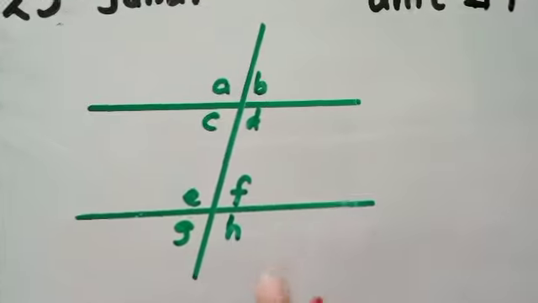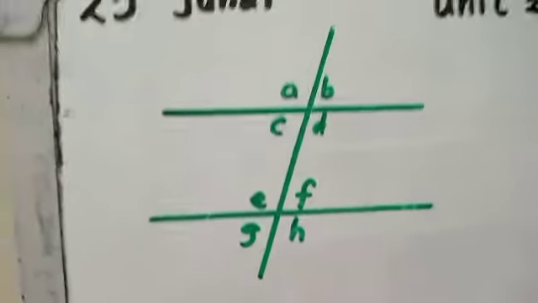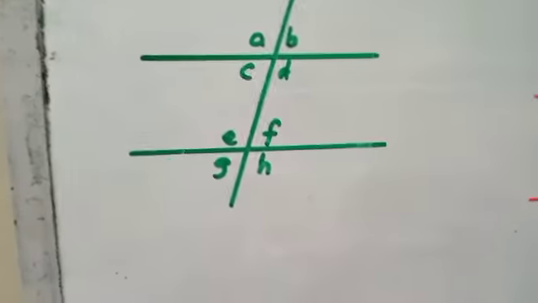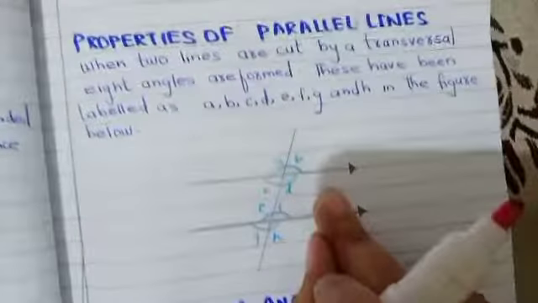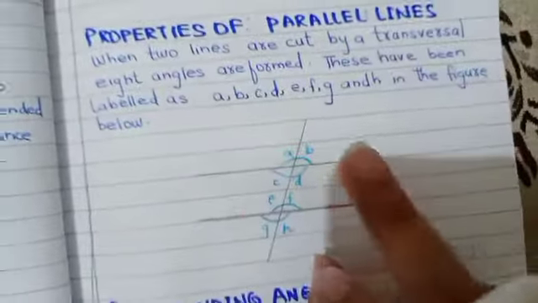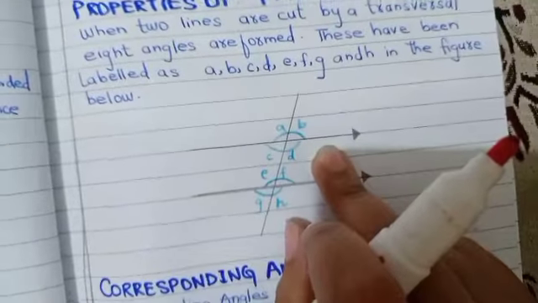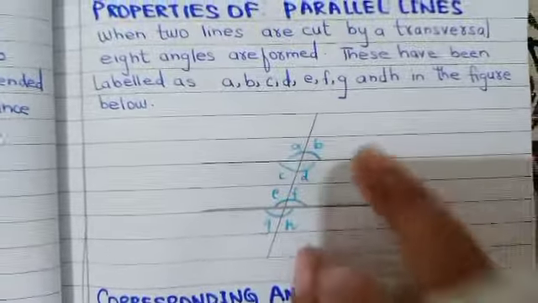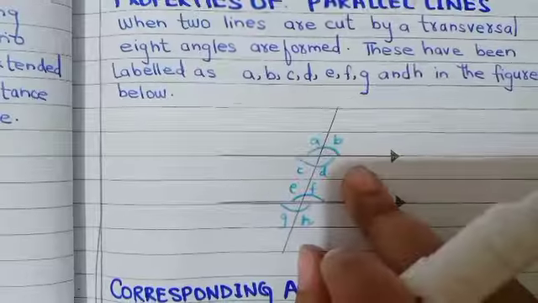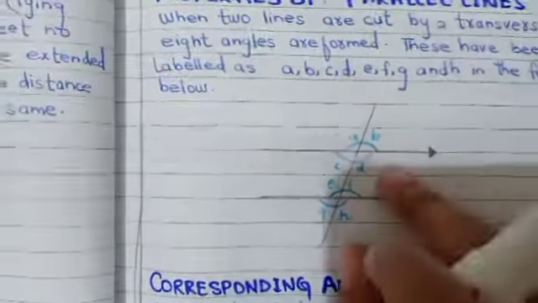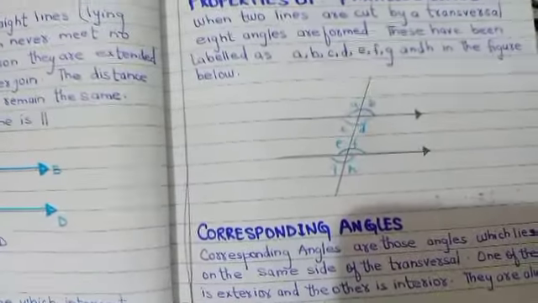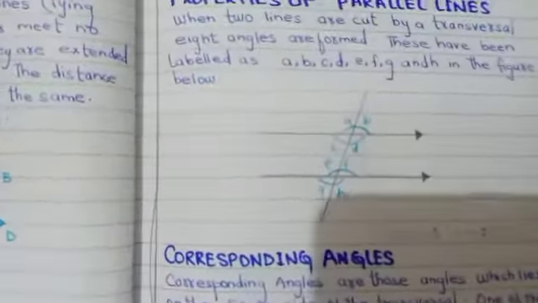This was the original figure. Why am I saying the original figure? Because in the beginning I showed you the properties of parallel lines. I showed you these are the 8 angles that are formed. From this figure I told you what corresponding angles are, and from the same figure I am telling you what alternate angles are, and that's why I am saying original figure, which I am using to tell you the different kinds of angles which are formed on parallel lines.